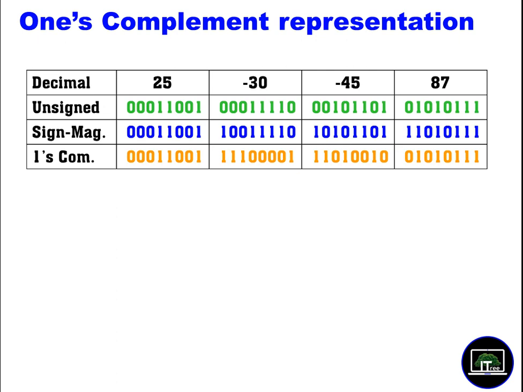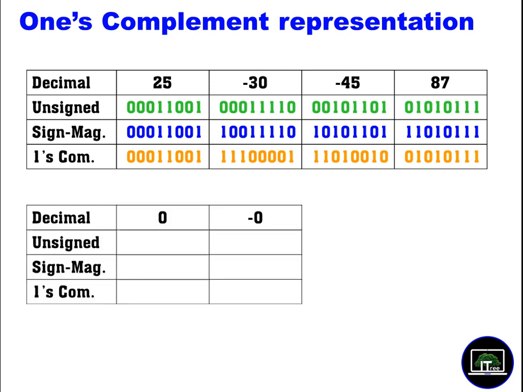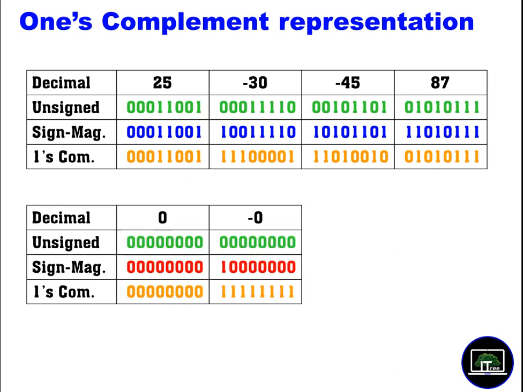Now we try to show you a very special case, that is 0. You see now 0. You can notice that in unsigned there is no sign, so you can forget about that now. In sign magnitude, the first bit is the sign, so 0 has 2 representations. One's complement also had that problem. It also has 2 representations for the 0.